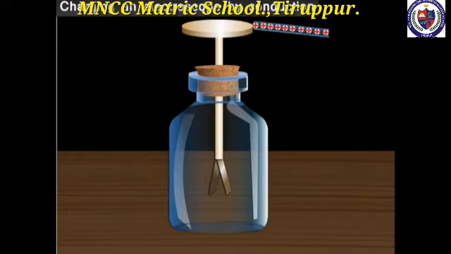We observe that as soon as the positively charged glass rod is brought in contact with the neutral metal disc, the gold leaf diverges due to the presence of similar positive charges on them. Now, remove the glass rod. We can notice that the leaves still remain diverged. This shows that the electroscope is charged by conduction.